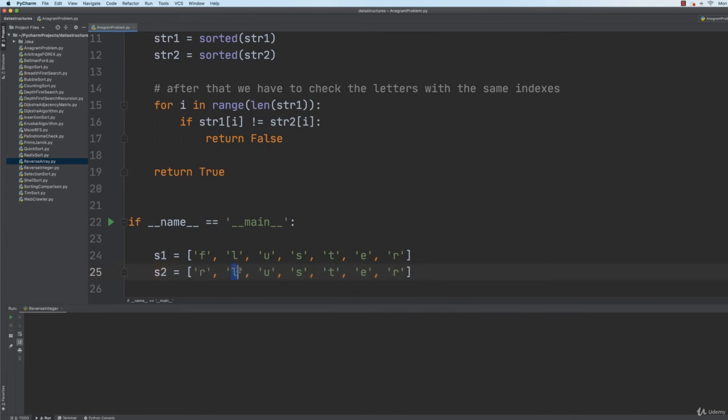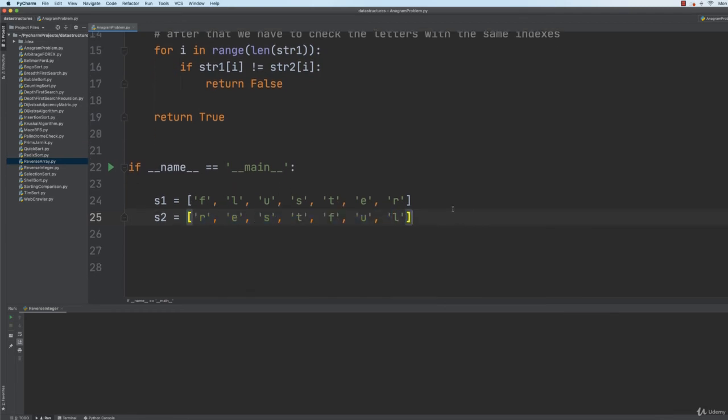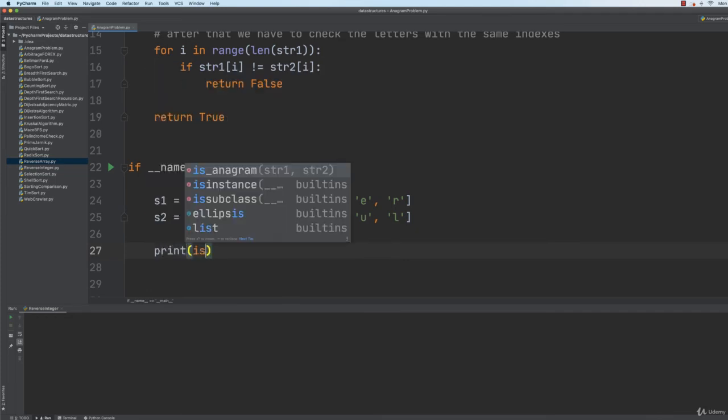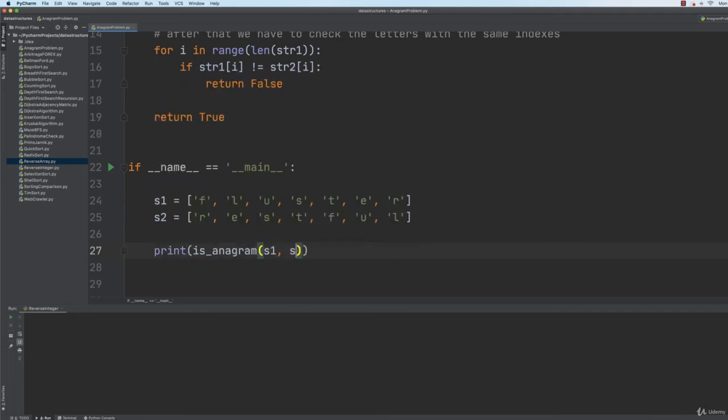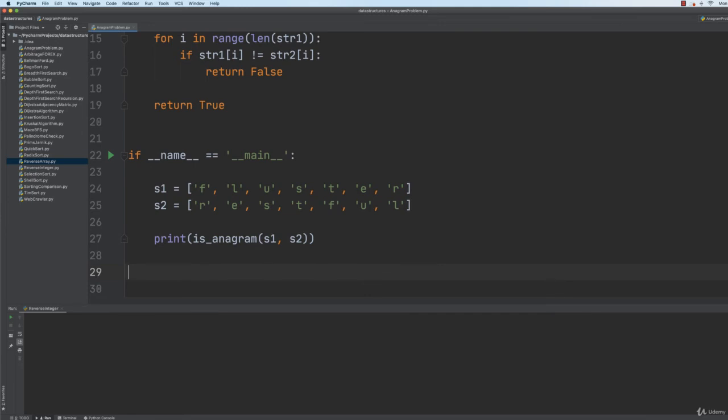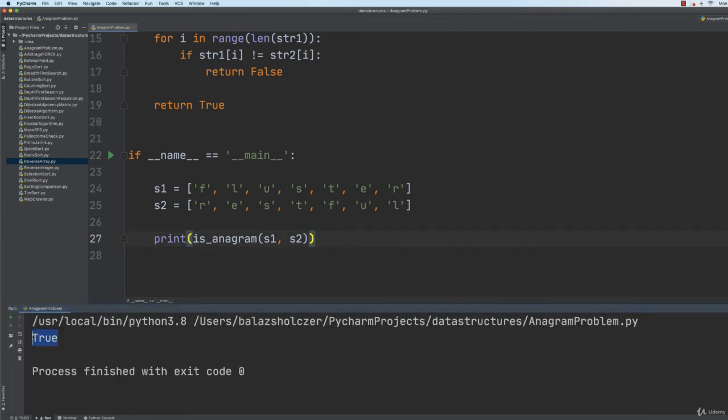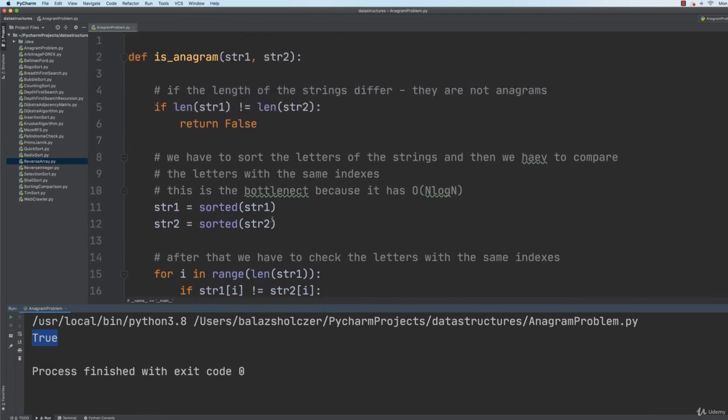So we have R, E, then S, then T, then F, then U, and L. So we have restful and fluster, and we can check isAnagram as far as s1 and s2 is concerned. So let's run the algorithm, and of course it is going to return true,